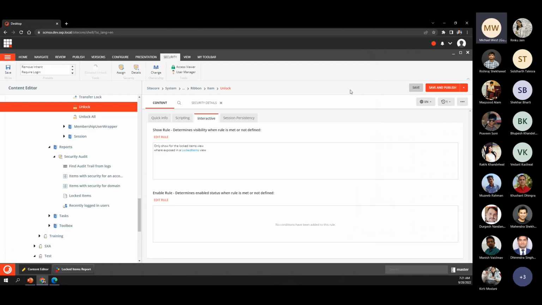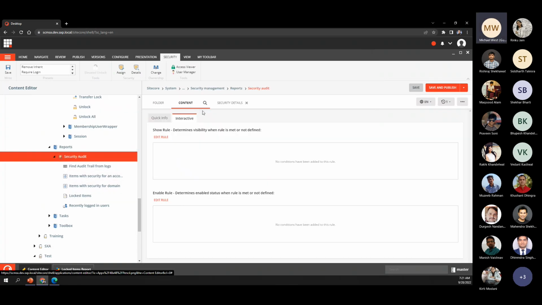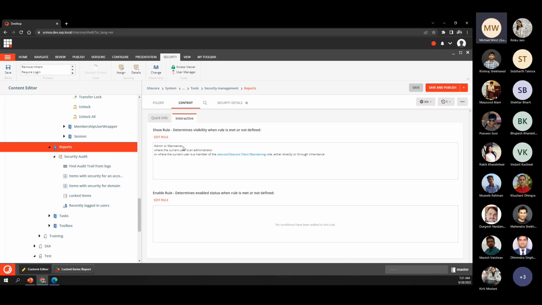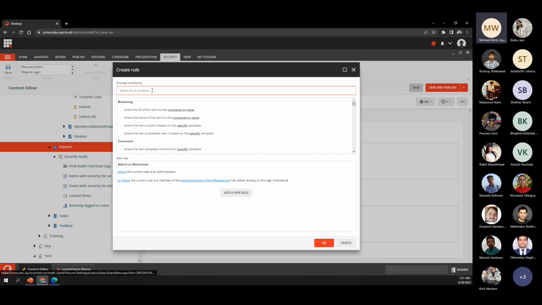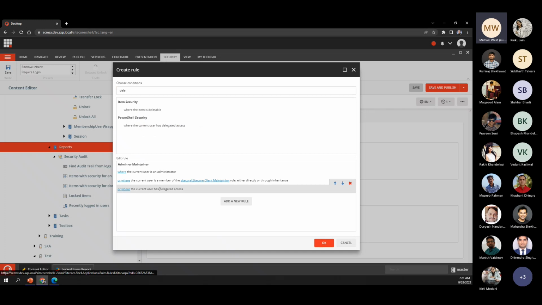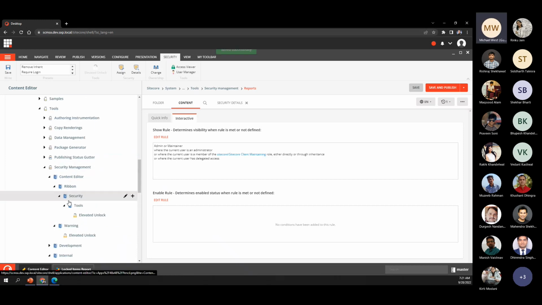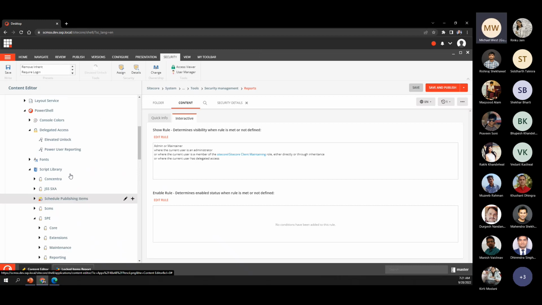So I want to do this locked items report. Let's see. So actually, I don't think these reports, this one probably, yeah, see, this one doesn't contain a rule for that. So I'll show you just changing that real easily. I actually should make this one have that as well out of the box. So here you can see I now have made it possible for delegated access. Okay, so then I come back to this one here,